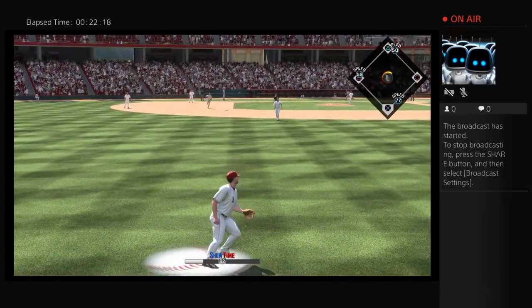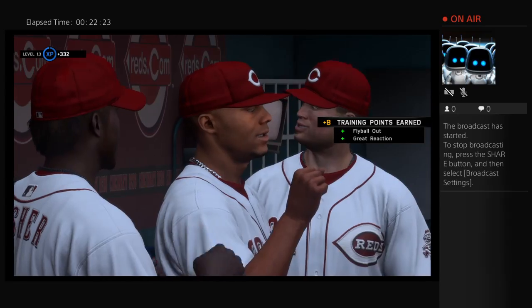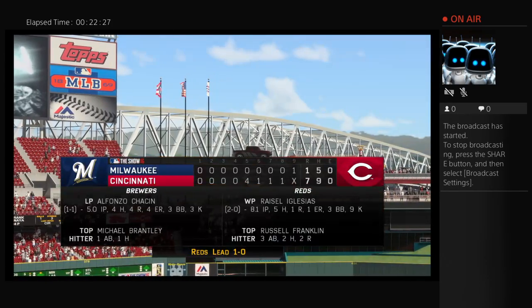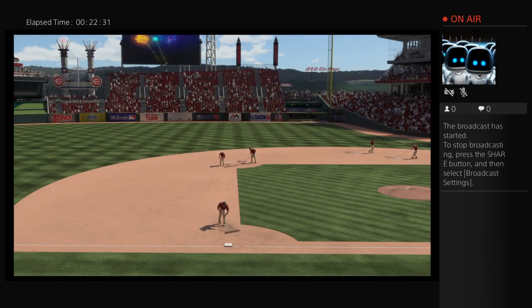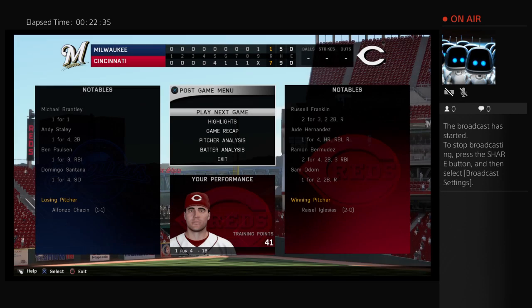Pulls this one in the air out to left, and he'll make the catch there to end it, and the Reds have taken the opener here at home as this ball game is over. One more look at the final line score there to see the great pitching performance that led his guys to the victory. Well, you always hope to get a good outing from your starting